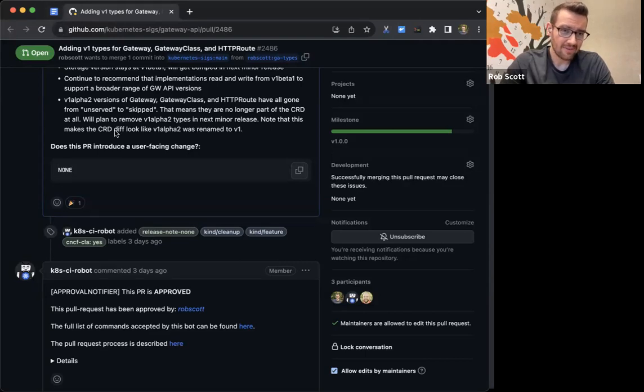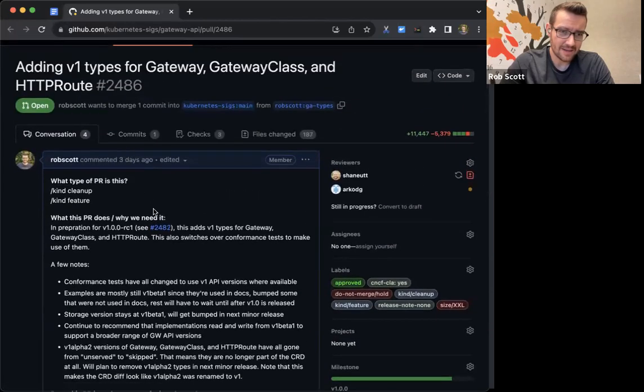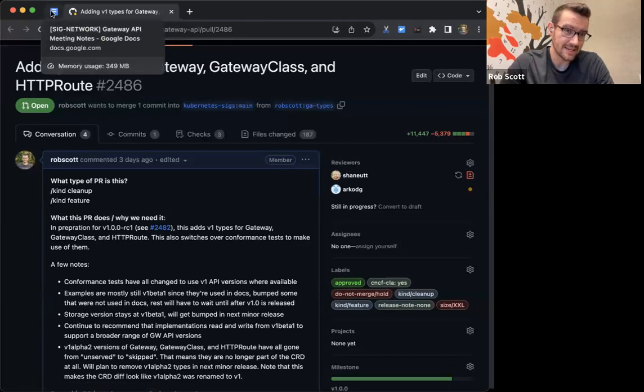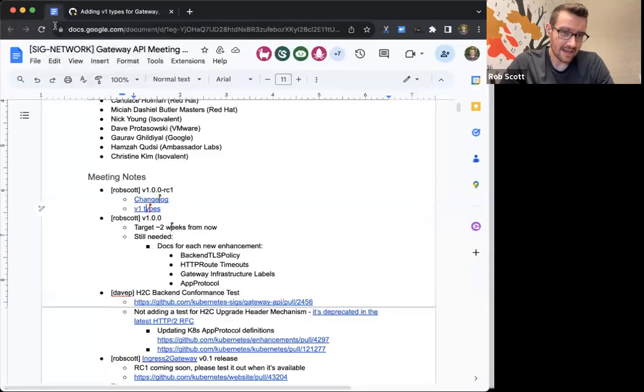Cool. Okay. Feel free to take a look at these. But as I mentioned, very likely these are going to merge in the next hour or so, because we are trying to release sometime awfully soon for RC1. And then, as always, once RC1 is released, or any release candidate, we benefit so much from anyone in the community testing it out, running performance tests, actually trying it with an implementation, etc. That is how we get our most useful feedback.